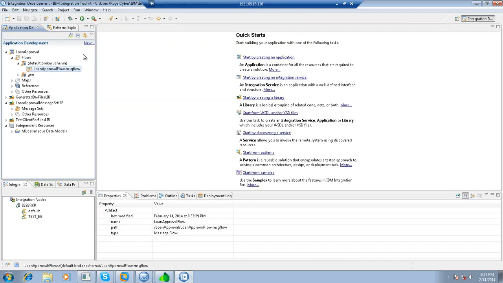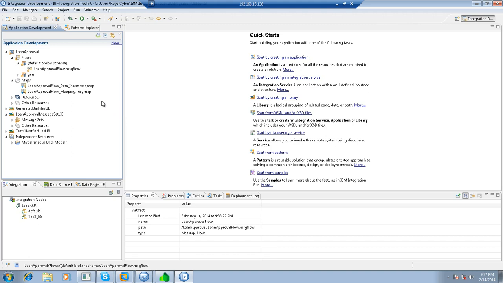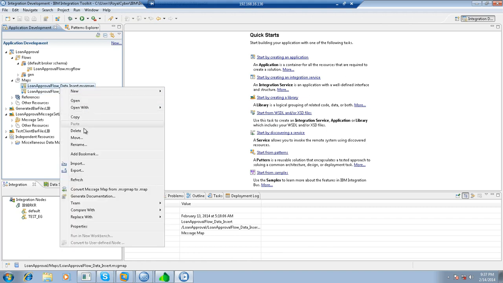or not yet, don't open it. Go to the maps over here and you can see that there are two maps. One is the mapping .msg.map, the other is the data insert. So you have to convert these,